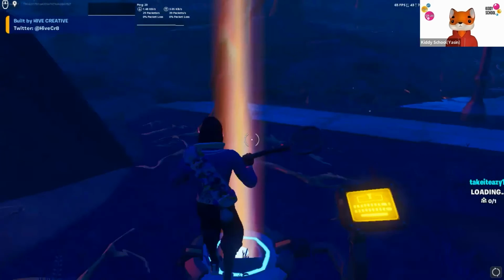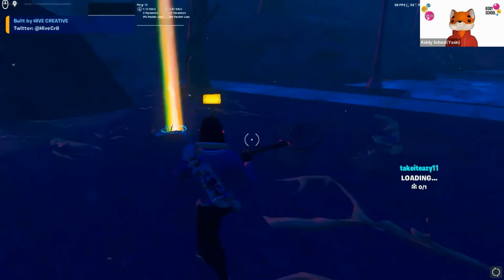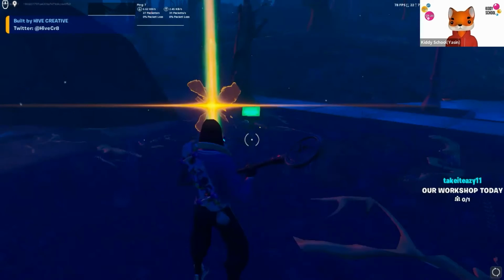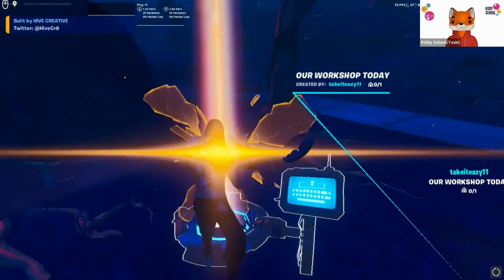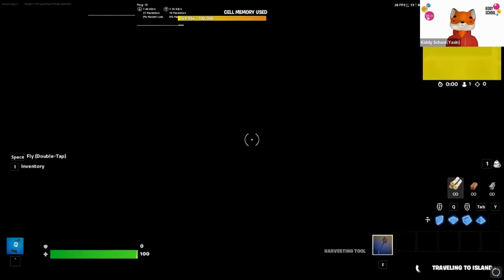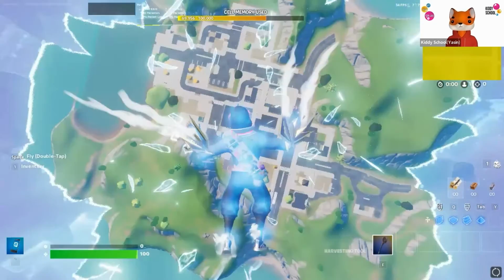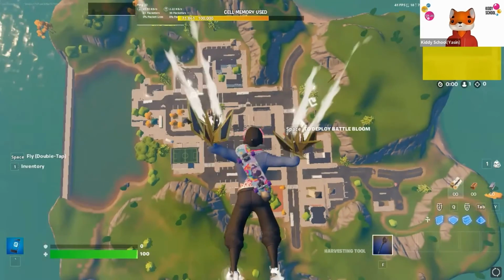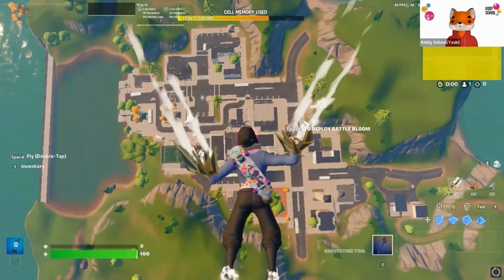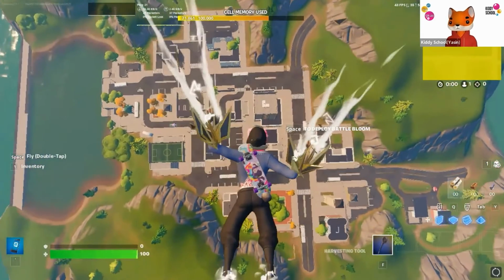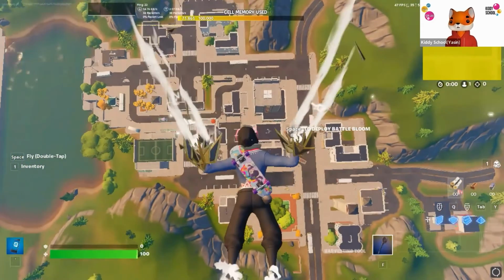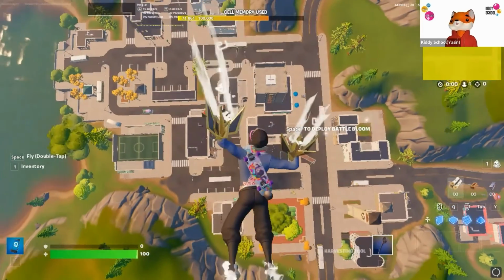Let's go. So I need to come back all around. Basically, my map is loading out here, and there we go. Time to jump in. So it will be flying down to the game, and we are going down. It's a kind of suburban area, which we can completely customize. I want to deploy my battle bloom for now. Before I do that,